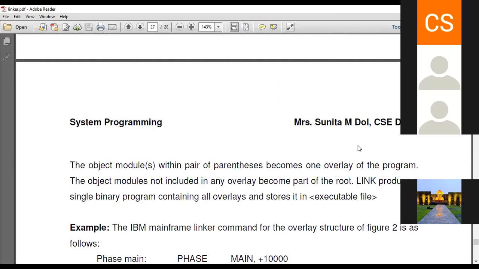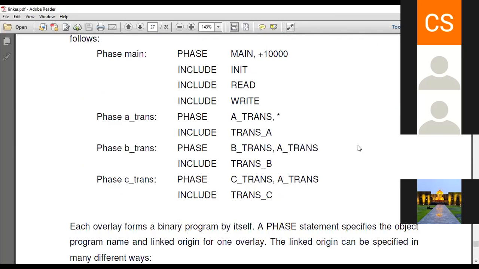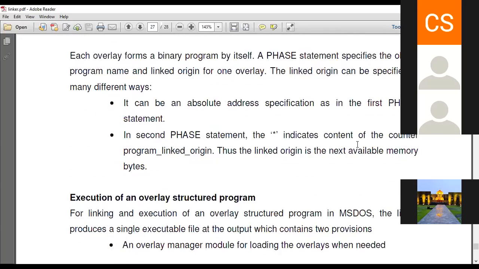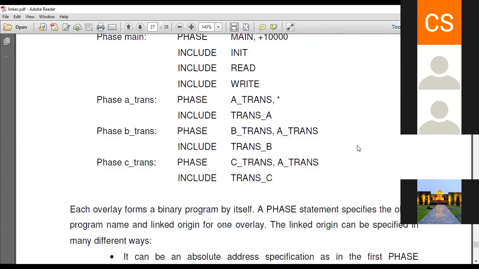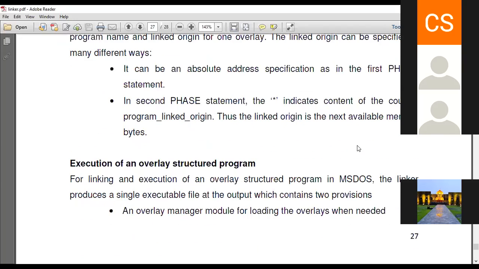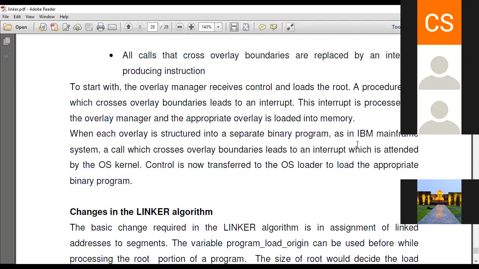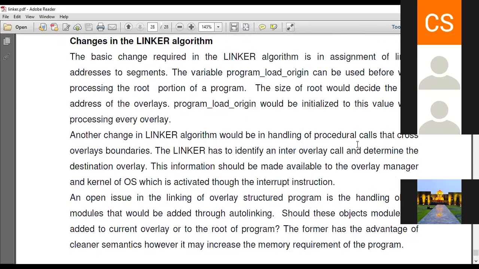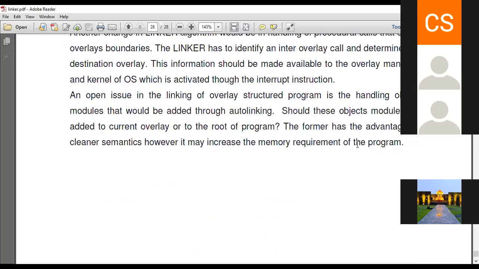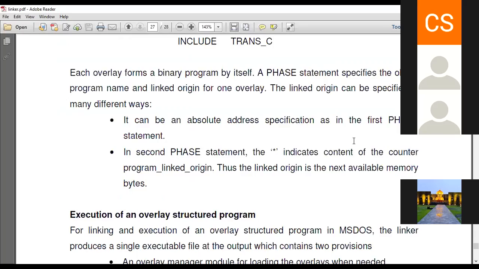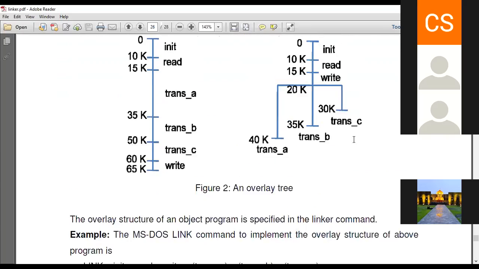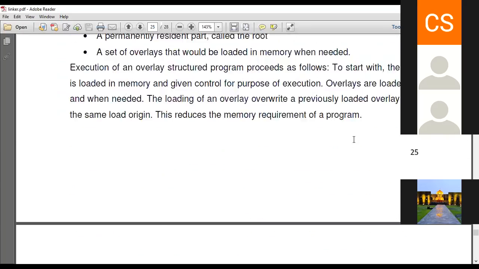Okay, so this is the example for MS-DOS. You can go through it as well as the example of IBM. I think it is not required from your exam point of view also. Okay, so I think this much is enough for the linker by considering your syllabus structure.